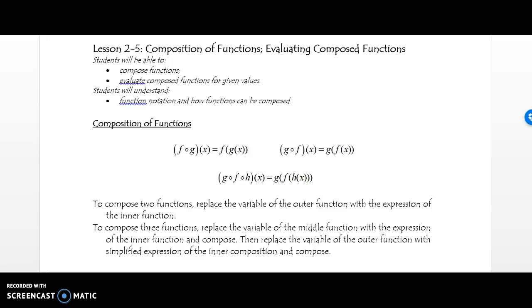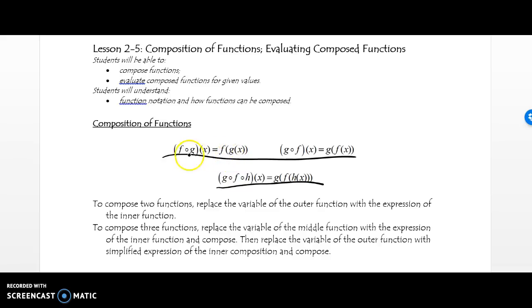Okay, in this video we're going to look at finding compositions of functions, and we're going to make sure we understand all the notation involved with composition of functions, and then how to evaluate compositions of functions. So the notation, which you see right here,